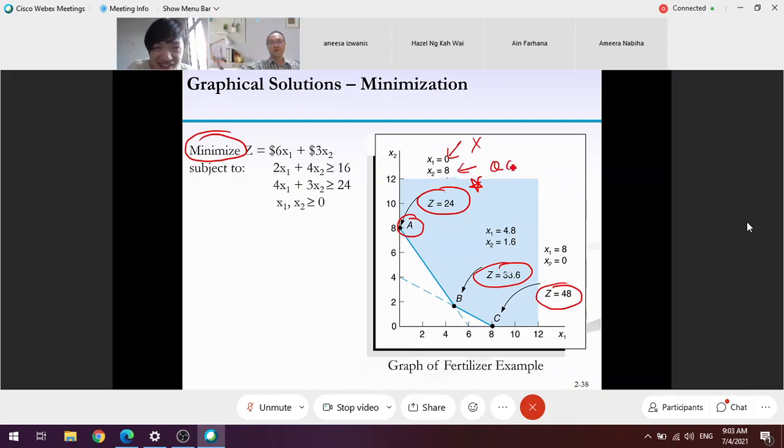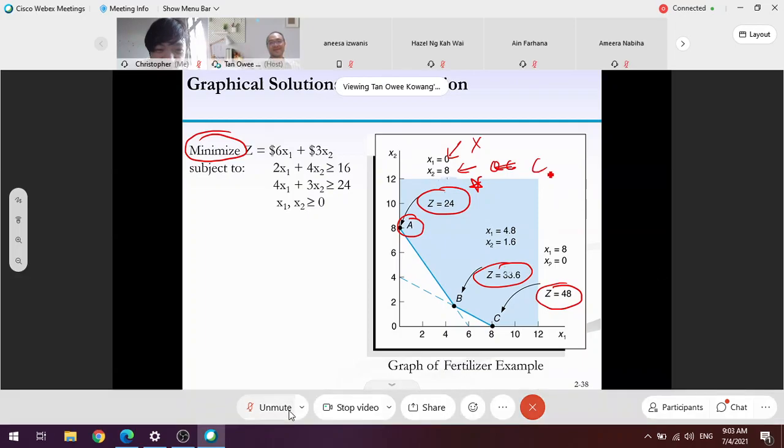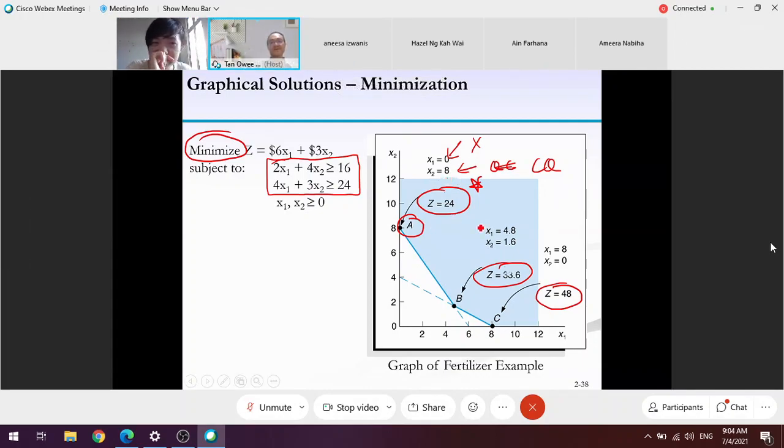Is it crop crop or quick crop? Buy 8 bags of crop crips. Don't buy any super grow. By doing that, the farmer is able to comply with the requirements of the constraint or the land, and the cost of purchasing 8 bags of crop is 24. So it's very practical, I think. Very, very practical.